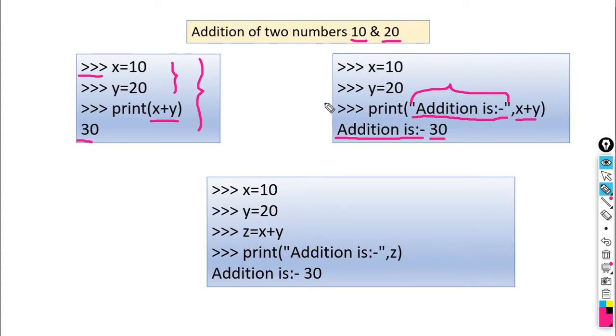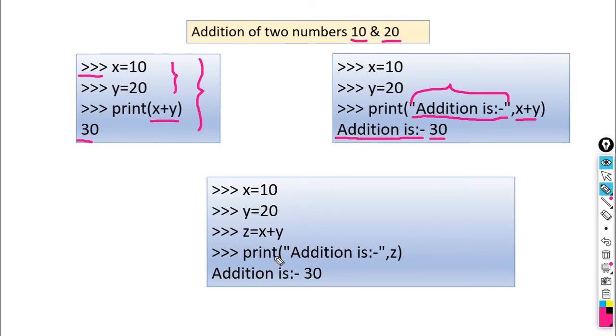What is the difference between the first and second method? In the first method we only gave the expression x plus y. In this method we have written some text and then solve the expression x plus y. So the output is different in the two methods.